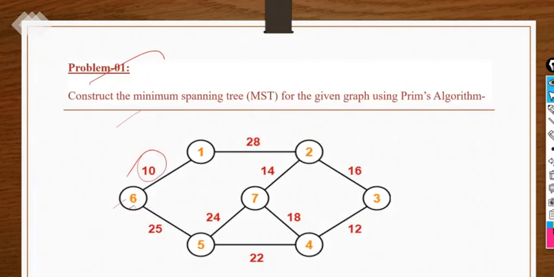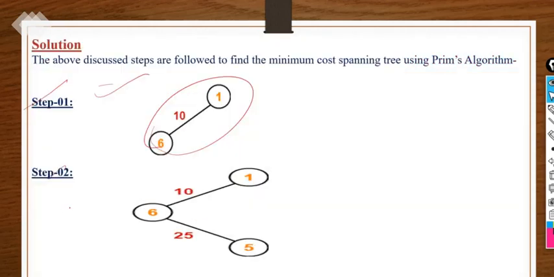Next, which edge is connected? We are starting from here. You can start from anywhere, but we have to find the minimum weight. So this is the minimum weight. Now with 6, two edges are connected, right? In connected form we will move on and will not go to other edges. One is connected with weight 10 and another with 28. We have selected the minimum one. Now come here to 6. What is the minimum? Two are connected, 10 we have already selected. Next is 25. Now take the 25 here. 6 and 5 will be in connected form. This is step 2. What about the next step here?